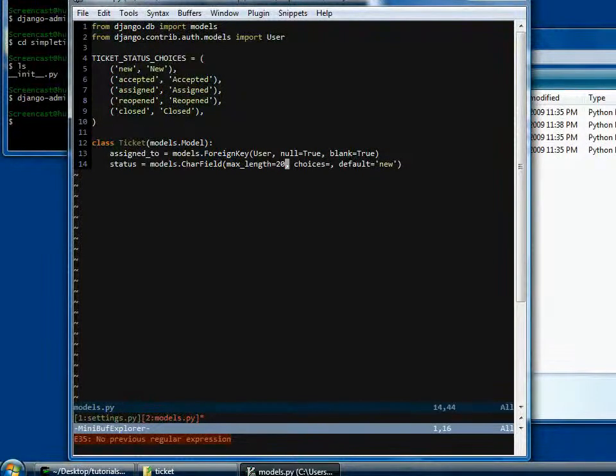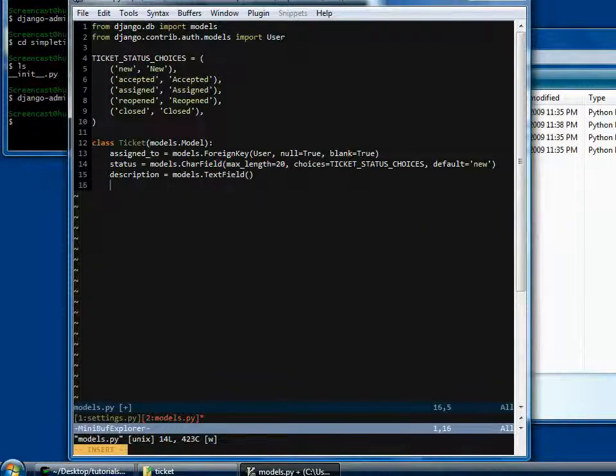And then we're going to put the choices right here. Ticket status choices. Okay, we're good. Next, we're going to have a description. It's going to be pretty simple. It's just going to be a text field. Nothing too fancy there. We're going to have a created on,